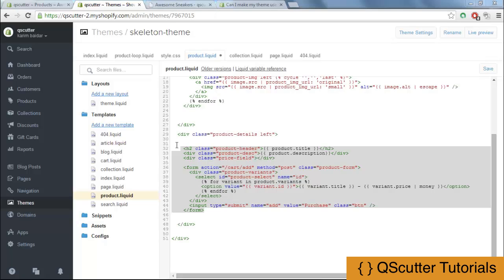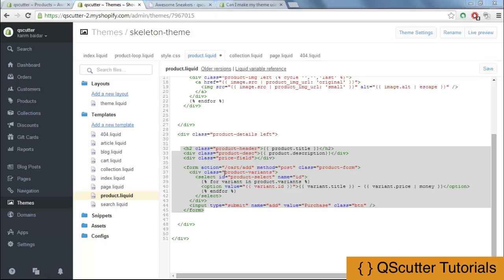I have added this piece of code inside the product details left. So what does it really mean? This code is actually displaying the product title with description on the right hand side, that is floating in the left, which means that floating from the left on the right hand side, it will be showing the product description as well as the title, and plus there would be a form of purchasing like